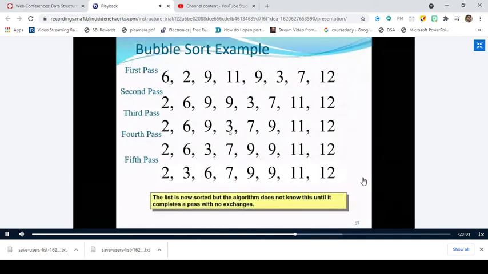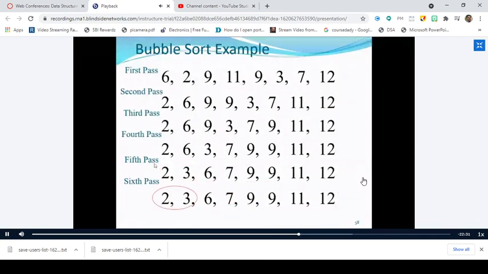After the end of the fifth pass, you can observe that the 7, which is the largest element of that subarray, has occupied its correct position. So we are not going to consider this list of elements 7, 9, 9, 11, 12 for the next pass. So how many elements are left over in the sixth pass? Only 2, 3, and 6. Right. Now let us go with the sixth pass. Compare 2 and 3, same order. Compare 3 and 6, same order, no swapping.